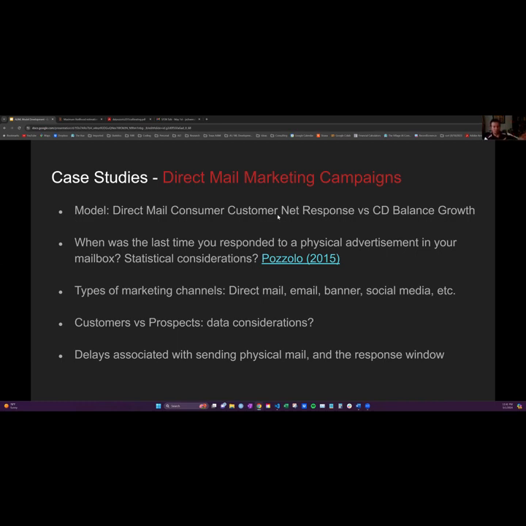So if we're doing a net response model, so of the people we sent mail to, how many of them opened up an account? Let's say that's a 6-month lag. We send out the mail, they get the mail 1 month later, they open their account 2 months later, and then we have 3 months of data to see did they open up their account or not. And then of the people who opened up their account, how many still had their account open 12 months or 2 years later, right? So now it's kind of like a conditional probability, but there is a huge time discrepancy there that we have to account for. So yeah, that's just an example of 2 case studies there.